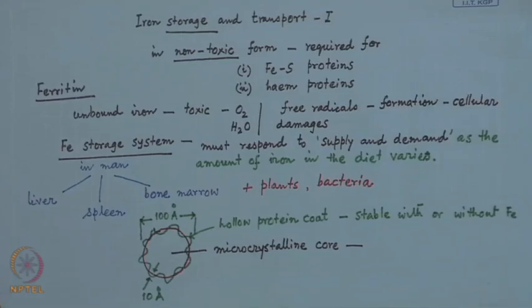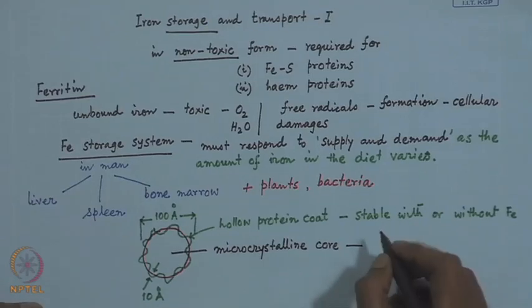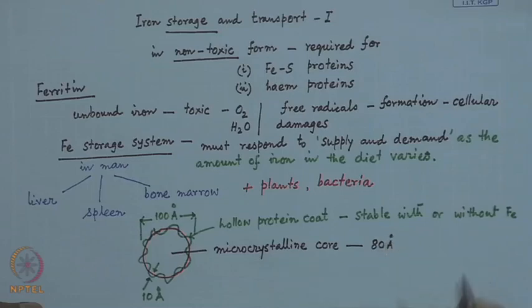So, this microcrystalline core typically has a size of 80 angstrom,